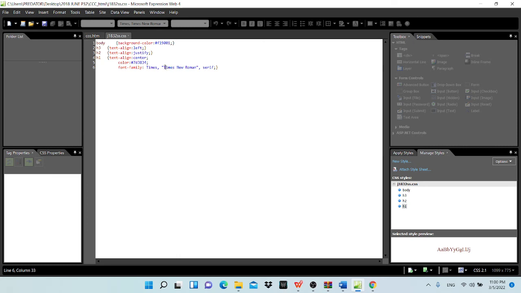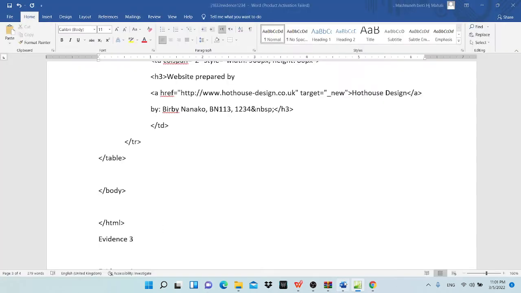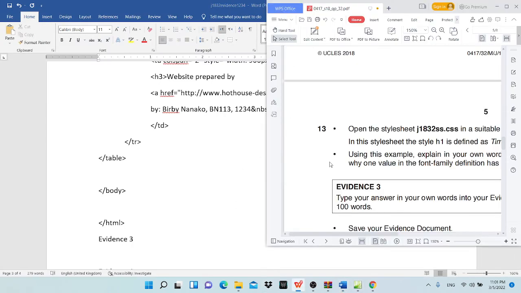Okay, that's why if it is multiple words for only one font, you must make sure to type in double quotes. But usually when you type in Times New Roman, automatically Microsoft Expression will insert the double quotes for you. You don't have to worry. So they will look first for Times followed by this font, and if it is not found, they will use the default font which is serif. Okay, so now when you look at the question there,